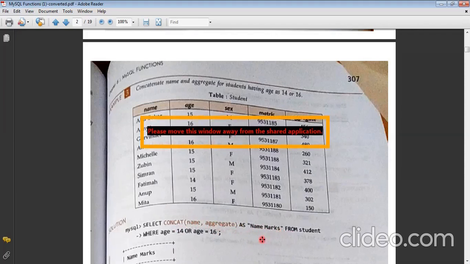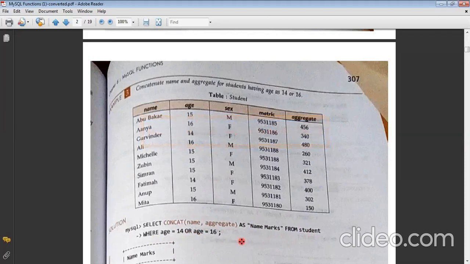From the table student. Also the condition says that age should be 14 or 16. So we'll write age equal to 14 or age equal to 16, ended with a semicolon. So as we press enter, yes, any doubt?